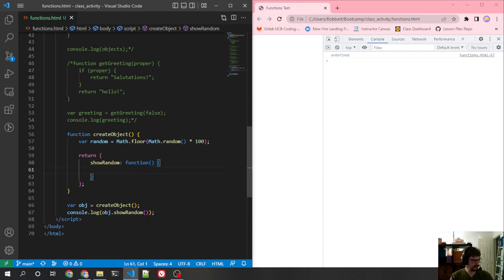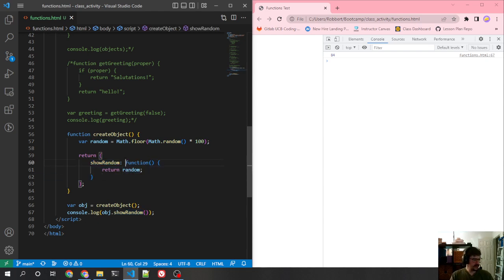Nothing else at all. So what I can do then is actually return random. And there it is. And if I hit it a couple more times, you see it's a new number. But this is the only place that I can access this variable anymore, because as soon as this function ends, the variable technically goes out of scope, but functions hold on to their closures. This variable will not go away until the function goes away. So as long as I have this access,